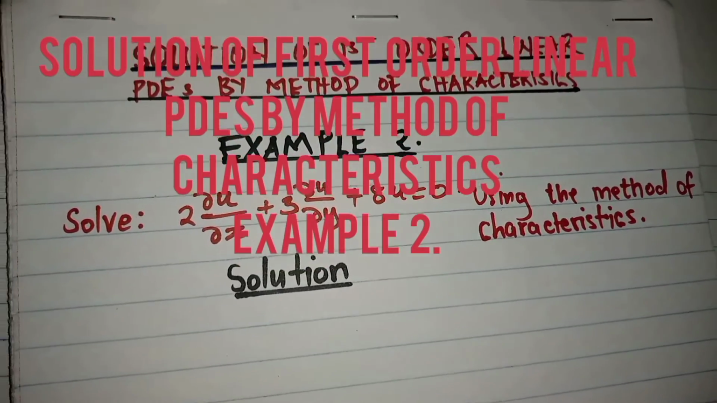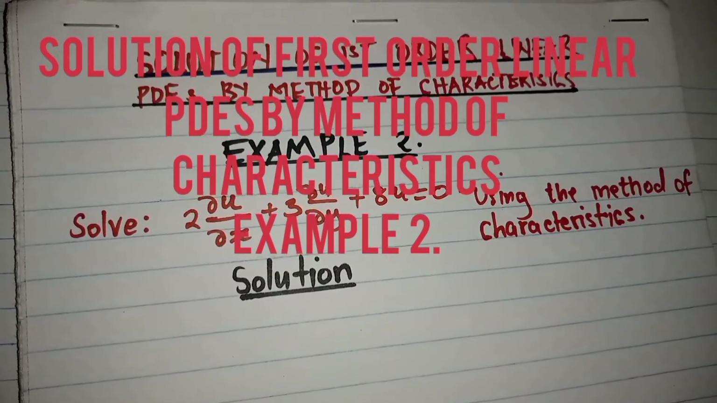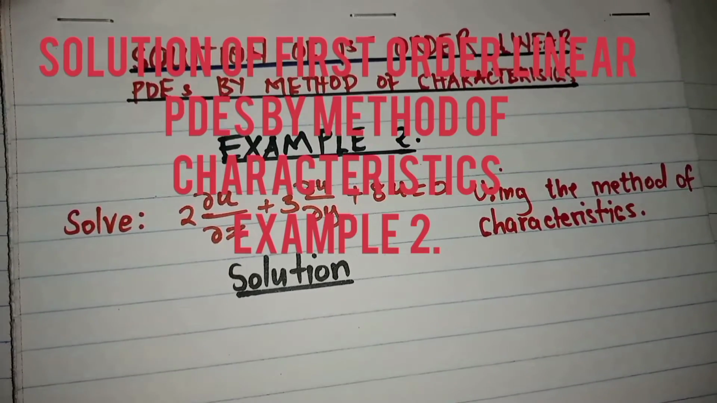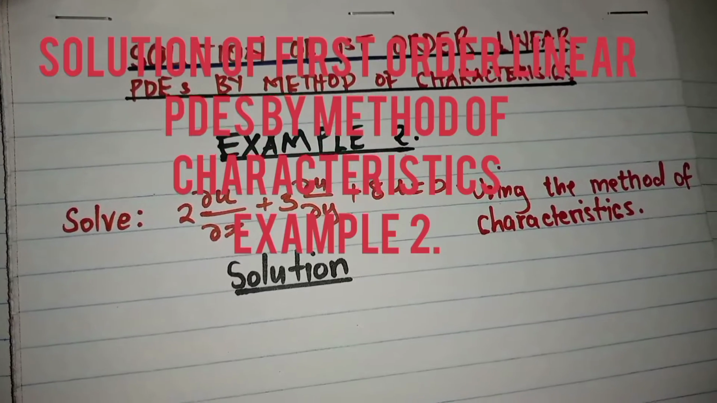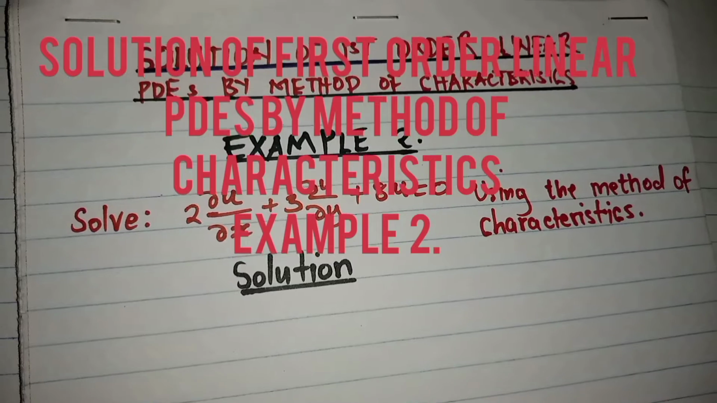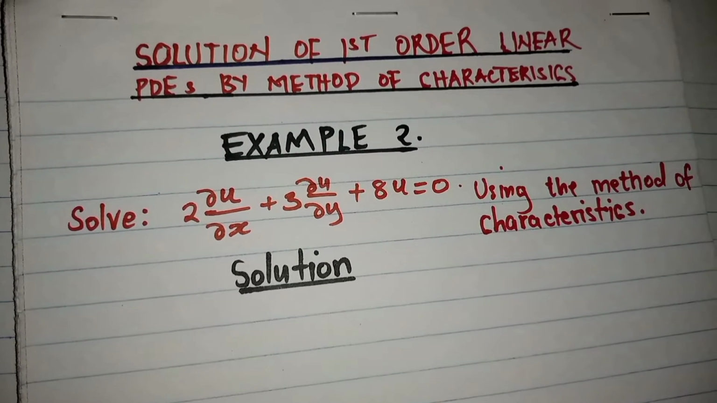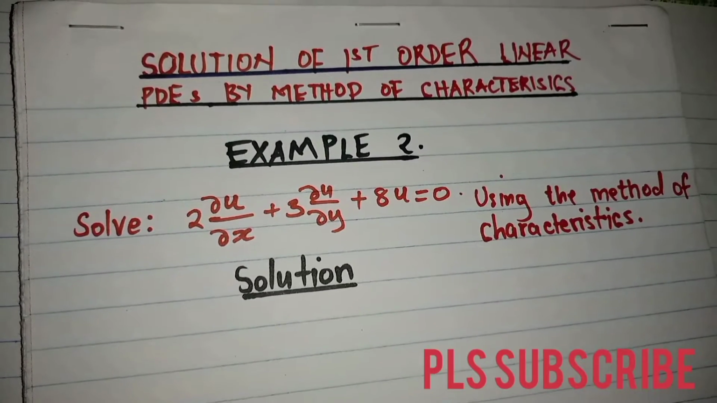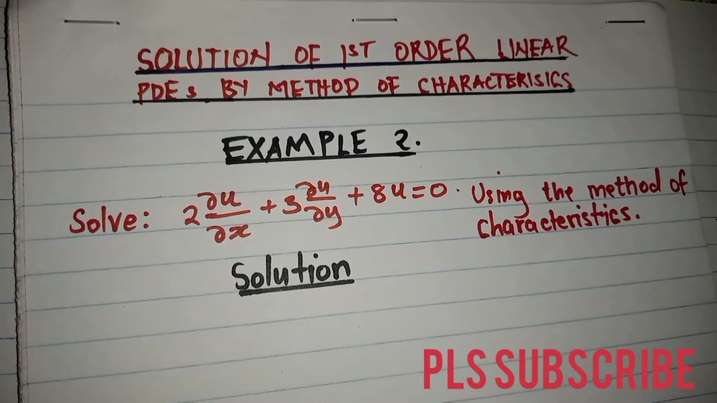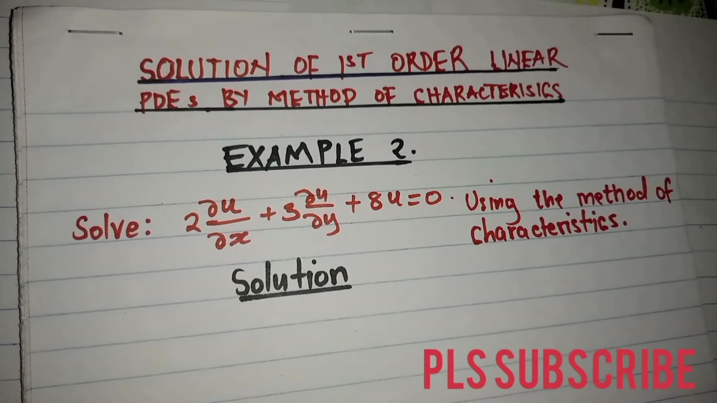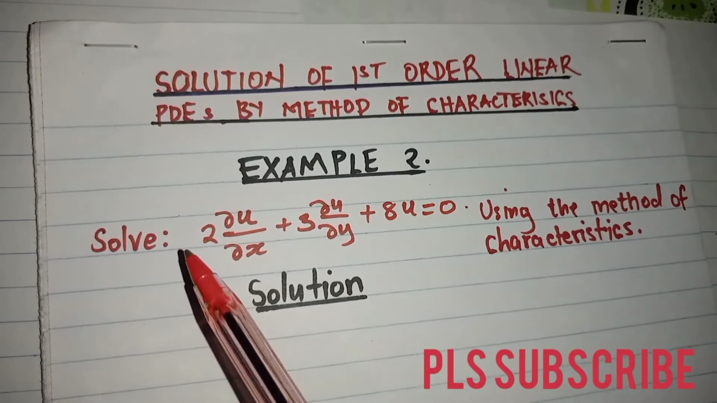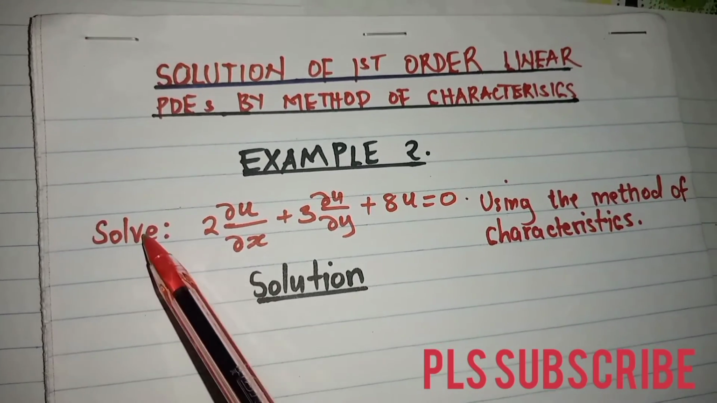Okay, today we are going to look at example number 2 and the solution of first order linear PDEs by method of characteristics, and we shall be following the procedure that we looked at in our example 1, that is in our previous lesson. And our example 2 today is given by, the question is saying, solve